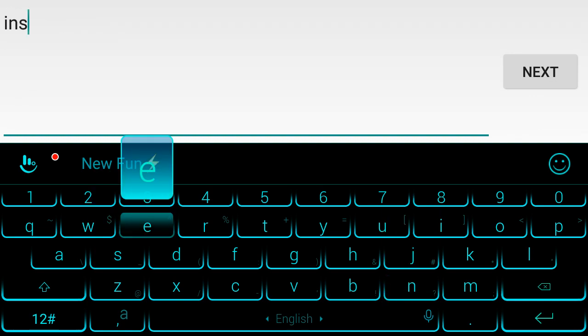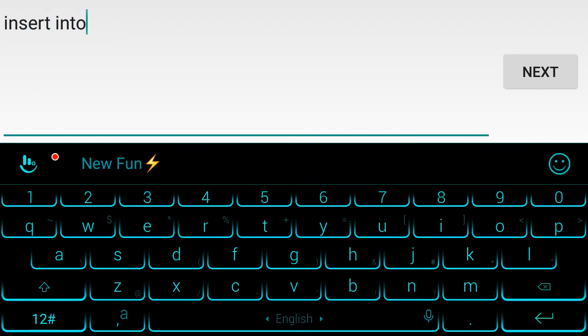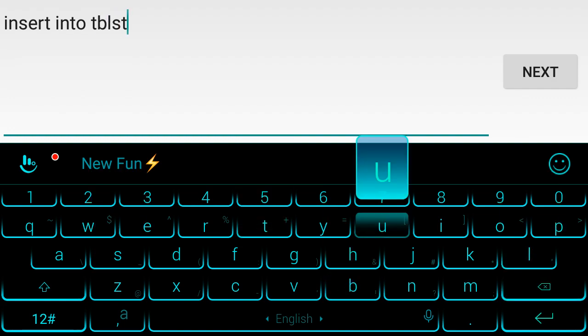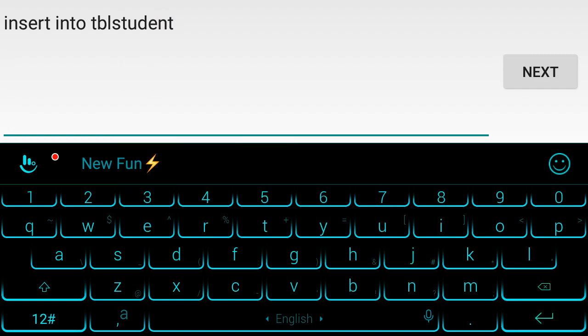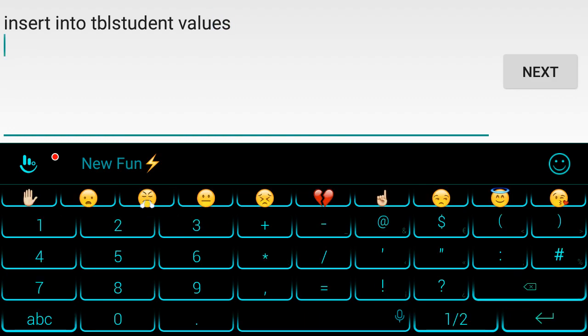So insert into, then the table that you want to add a record in, tbl, then the values, then on the next line put an open parenthesis, and